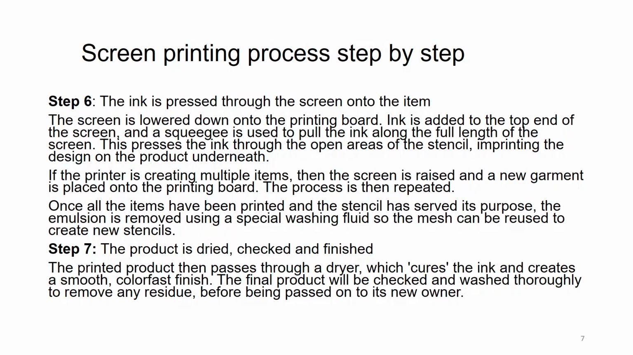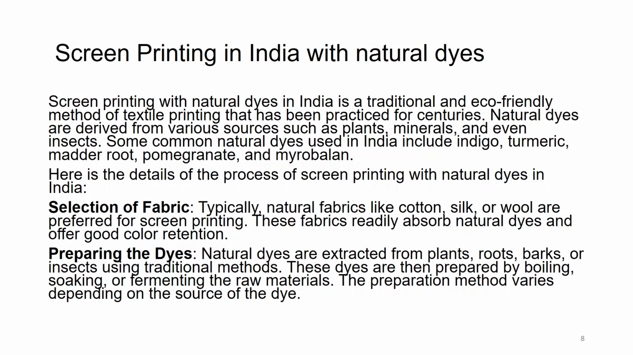Step number 7. The product is dried, checked and finished. The printed product then passes through a dryer which cures the ink and creates a smooth, color fast finish. The final product will be checked and washed thoroughly to remove any residue before being passed on to its owner, to the new owner. So, this is how in 7 steps the screen printing is achieved, right from making the